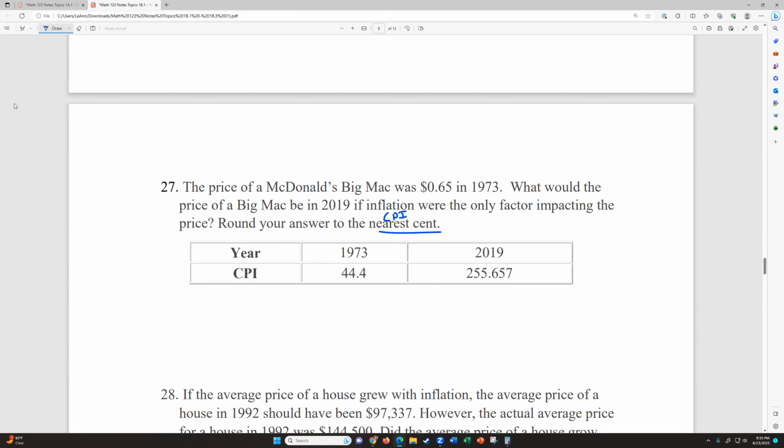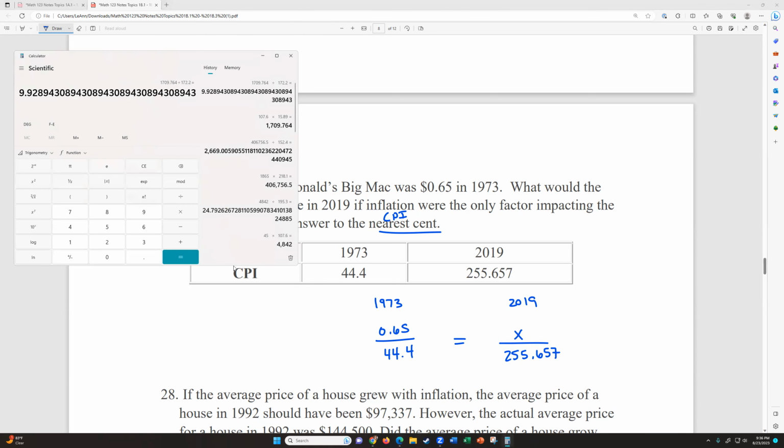Okay. We're going to round to the nearest cent. So we have 1973 and 2019. And our chart, like in Newton, sometimes will only give you the 2 values you need. Sometimes it'll give you a list of them that you can pick from. So the price of that Big Mac in 1973 was 65 cents. We want to know, what does it cost now based on inflation? The bag of goods and services was 44.4 in 1973. It was almost 6 times larger in 2019. So we're going to multiply our diagonal that has 2 numbers first, the 0.65 times the